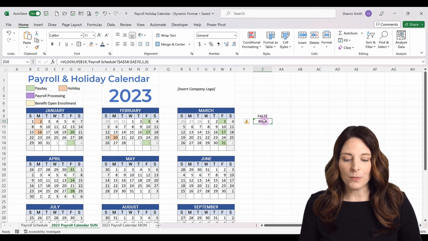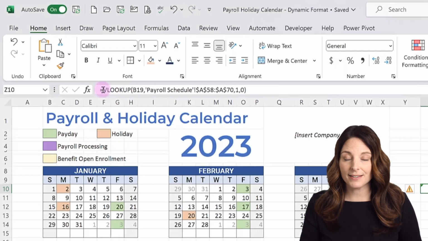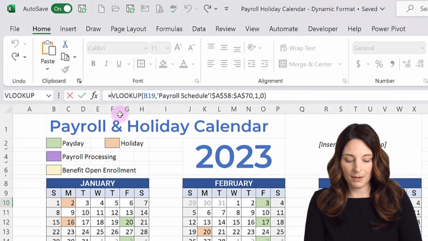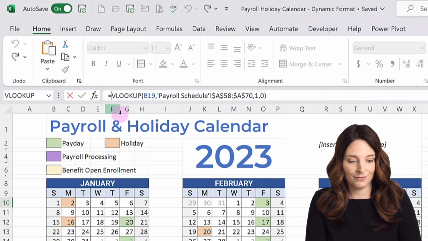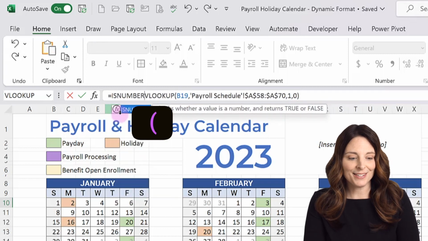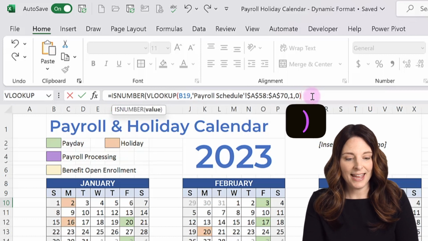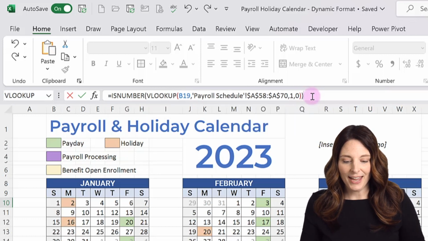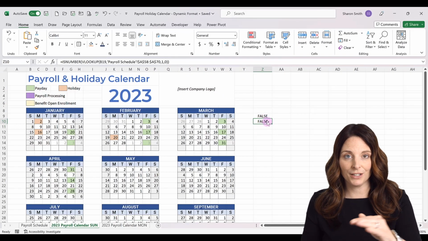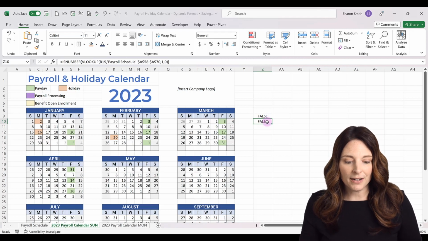And so now what we want to do is wrap that in the ISNUMBER function. So I'm going to select the cell, come back up here to the formula bar, and right after the equals, I'm going to type ISNUMBER, and then open parentheses, and then come to the very end and close the parentheses and hit enter. And now that gives us a true or false. So this is the formula with this particular range of cells that we want to look up to highlight the holidays. So I'm going to copy this now,